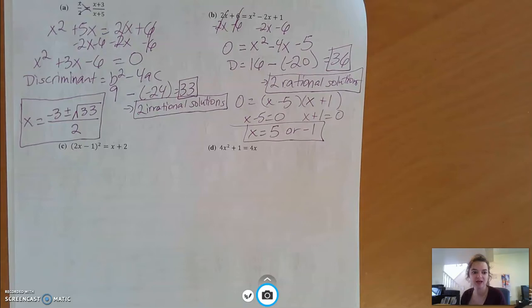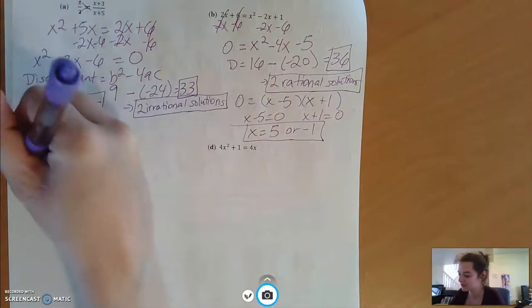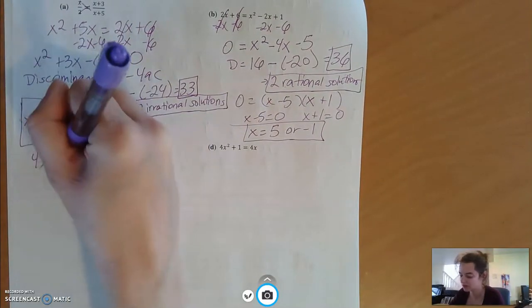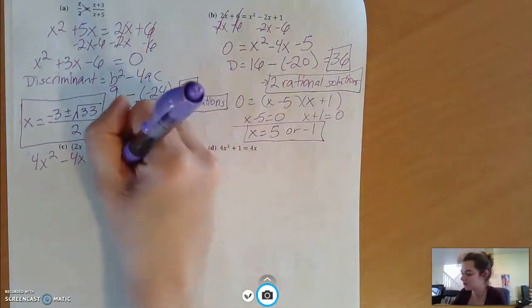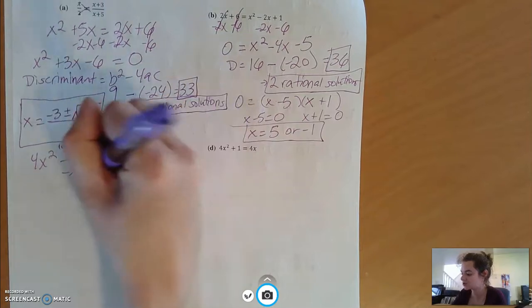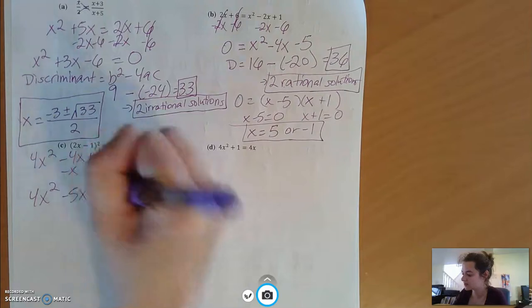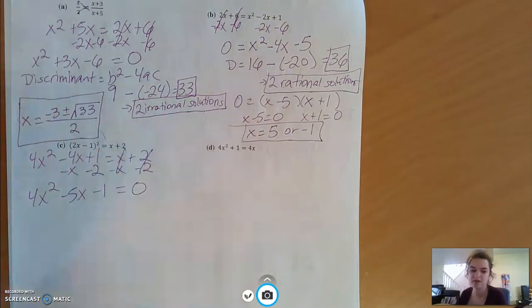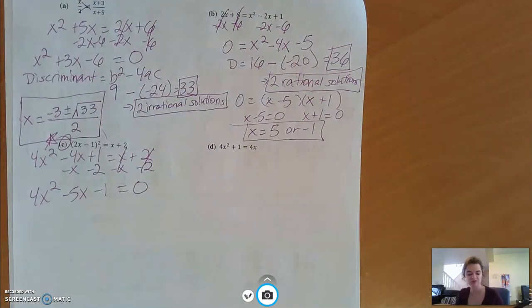In part C, we have 2x minus 1 squared equals x plus 2. So if you squared 2x minus 1, remember to multiply it by itself. You're going to get 4x squared minus 4x plus 1. Then getting everything in standard form, I'm going to subtract x from both sides and subtract 2 from both sides to get 4x squared minus 5x minus 1 equals 0. I'm going to give you guys a minute to try to solve this on your own. So try it from here, find the discriminant, find the solutions. And I will tell you the answer in